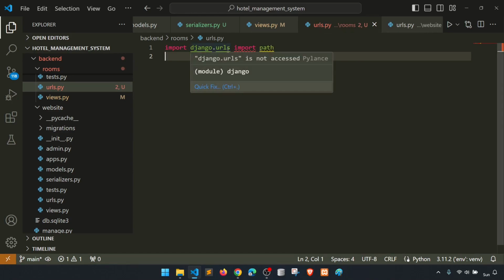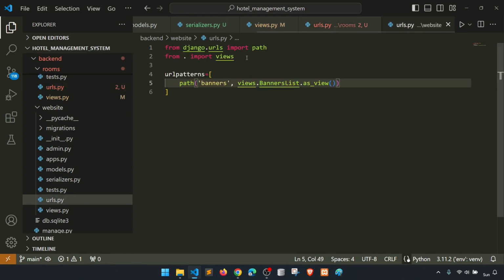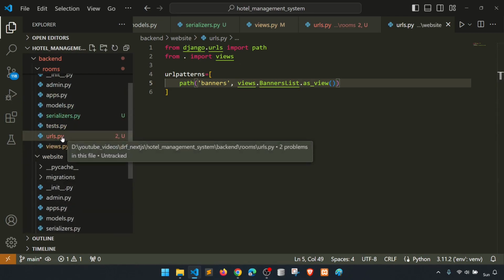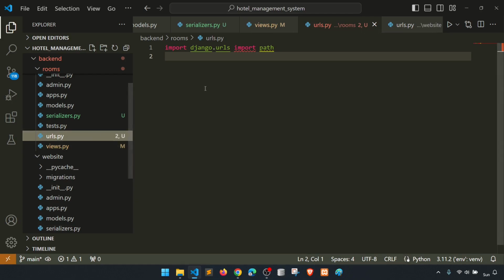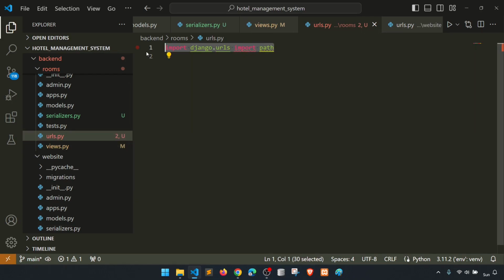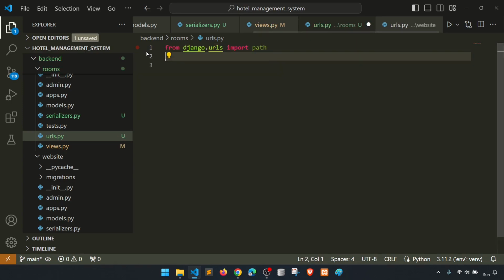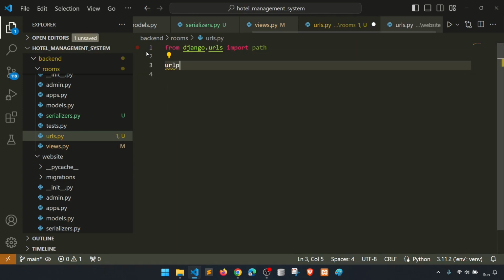From Django.urls import path. It's not working here. Why? urls.py file from Django. Oh, sorry. From Django, not import Django. From Django URLs import path, then URL patterns equal to